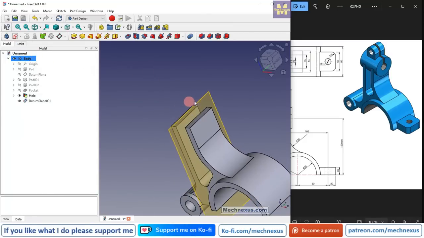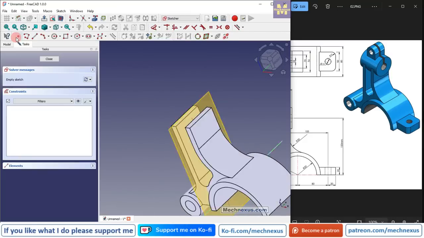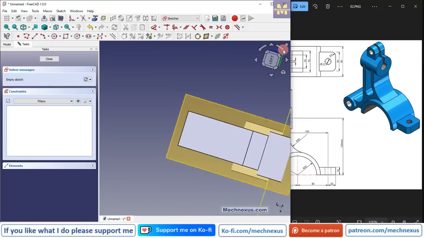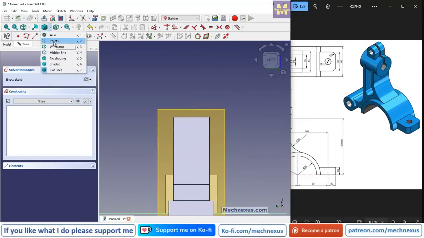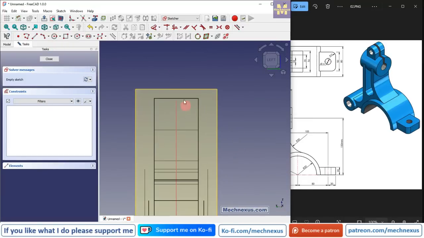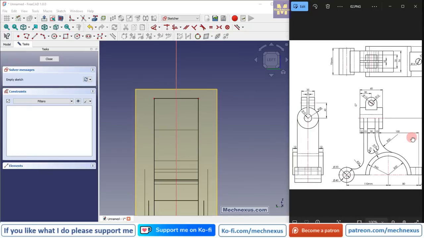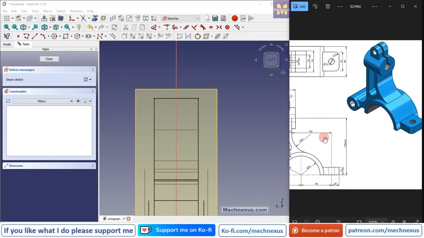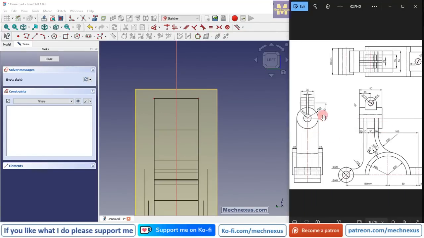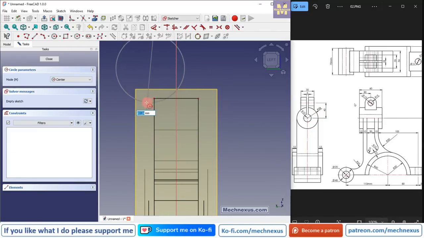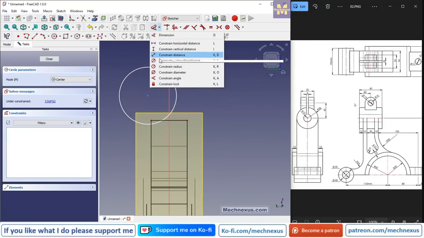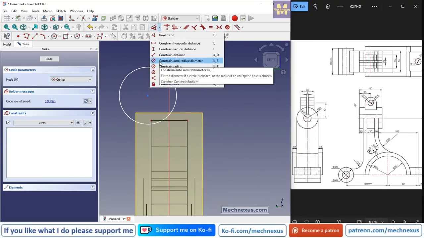Click on OK. Now I will select this datum plane and click on the sketch, rotate my model, and from here I will switch to the wireframe, and I will project this edge, and here if we see in a side view, so this is of a R28. So we will create a circle, and we will select the diameter,